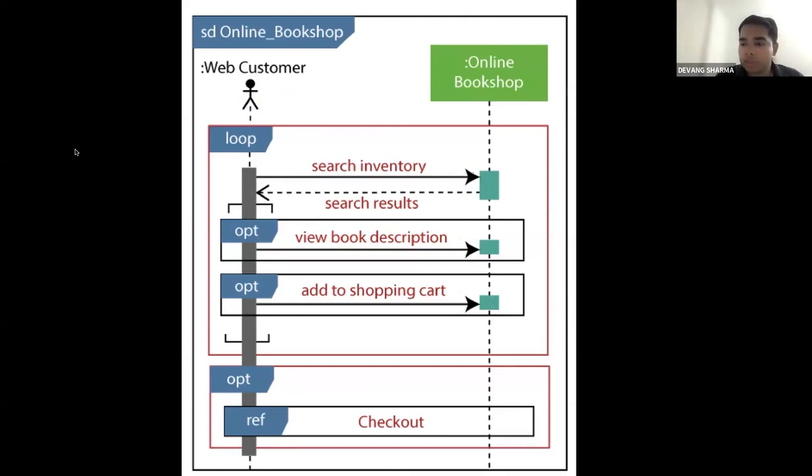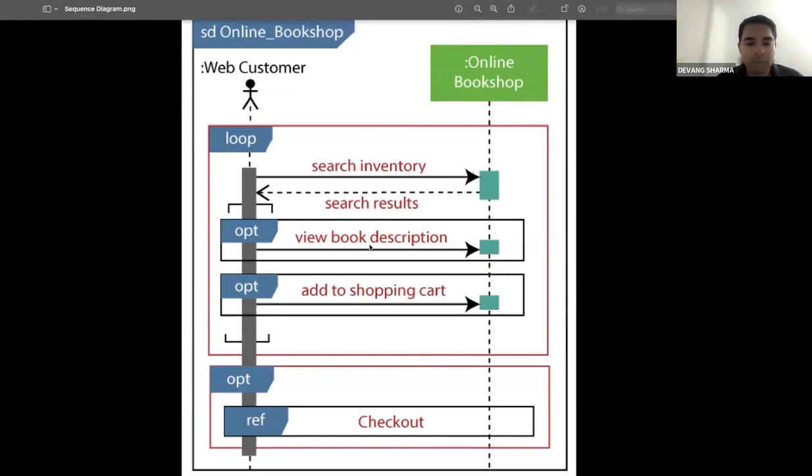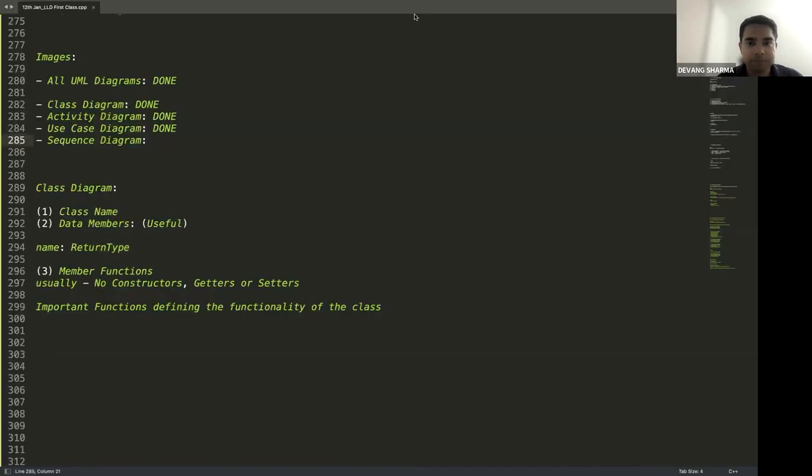Everybody crystal clear with the sequence diagram? Any question, anything which is not clear, let me know. Okay, all good. Let's go back to our Sublime Text then. These are the four major diagrams that we have. Class,